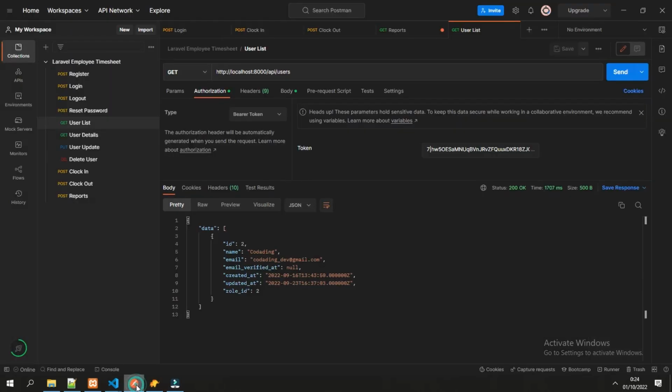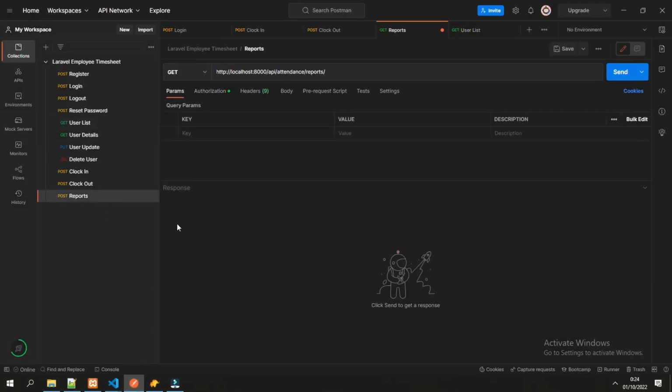So let's try to run the API, and the ID is 2, and for the date range parameter we can add in the query parameter, so it would be start and end date.